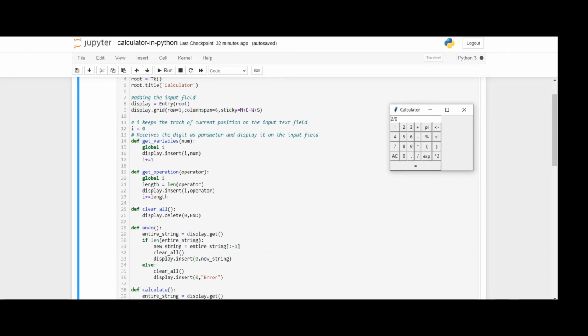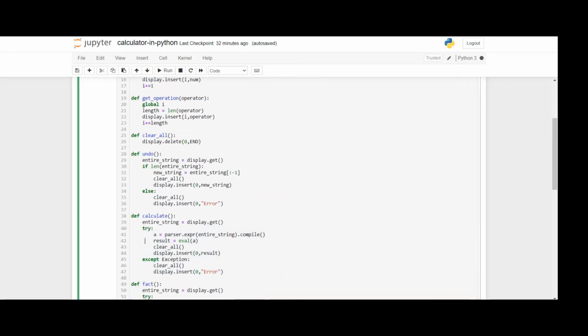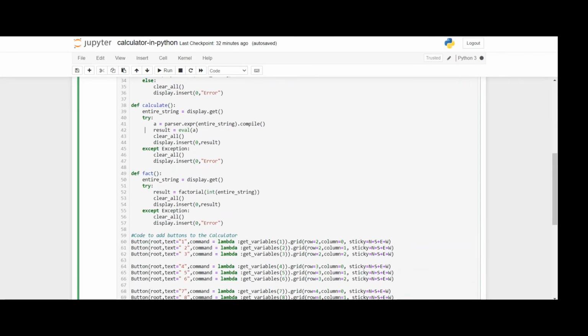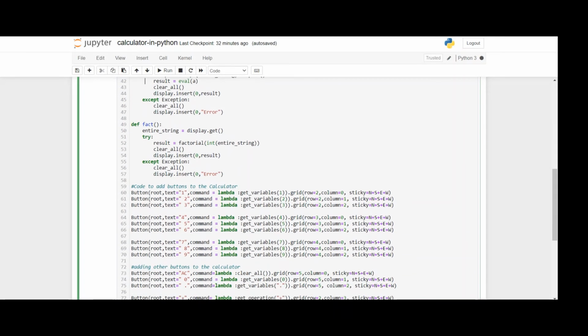It's not 0. Something divided by 0 is an arithmetic error. So for handling this situation, we will write the exception handling part. It is also given in the description, you can see the link.